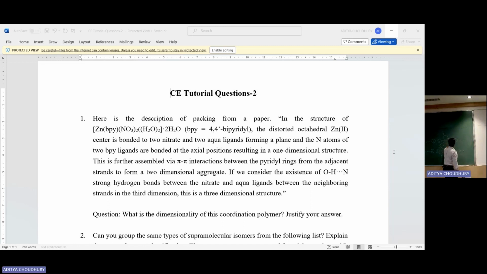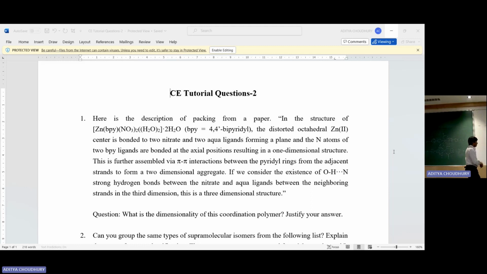Then it has a pi interaction. I couldn't draw it, but if you can imagine a bit, these pyridine linkers can form a pi interaction. So that's what the second point speaks about. This is further assembled by pi interactions between the pyridine linkers from the adjacent strands to form a two-dimensional aggregate. So if you look at one strand and another strand, you have pi stacking,